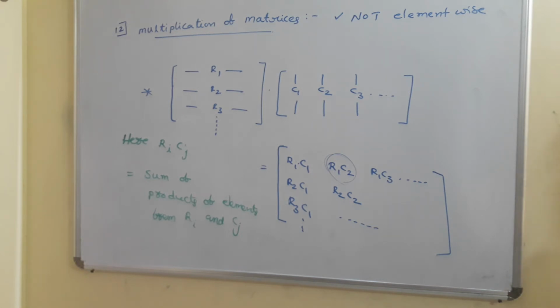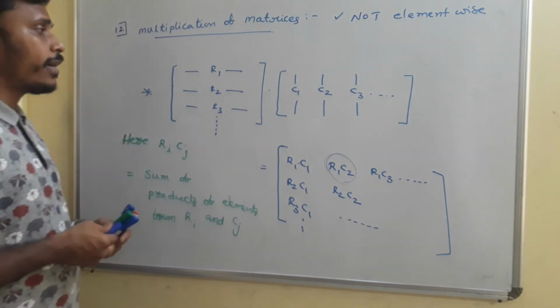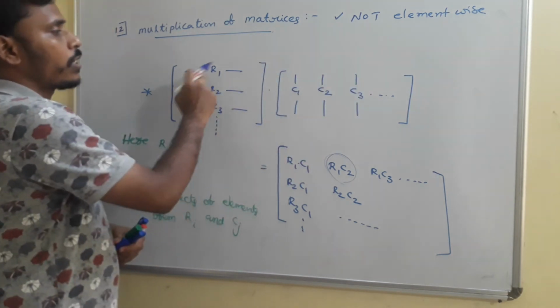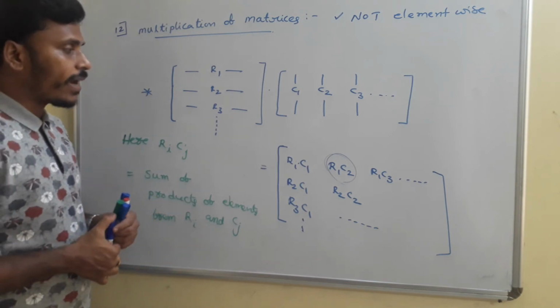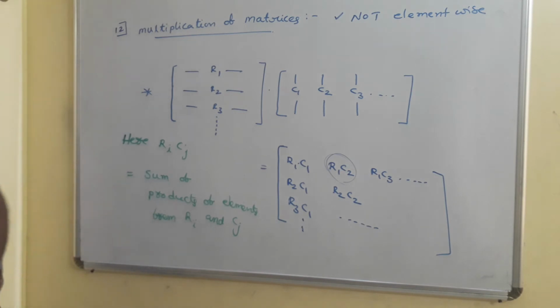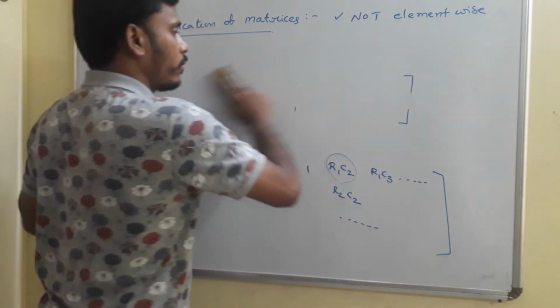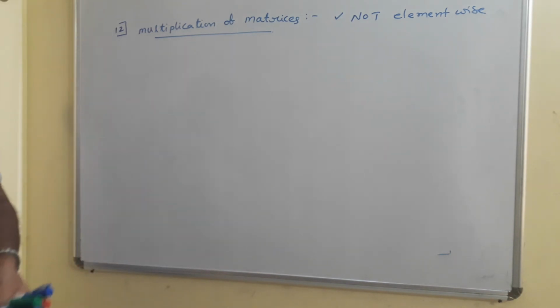So before starting the multiplication of two matrices, you need to identify the number of rows in the first matrix and the number of columns in the second matrix. After identifying the rows of the first matrix and columns of the second matrix, I am just multiplying these rows correspondingly with these columns: R1 C1, R1 C2, R1 C3, like that. Okay. And to satisfy this, we need to follow one more condition, and I will give you that. I am erasing this and I will give you the example. Just simply look there.